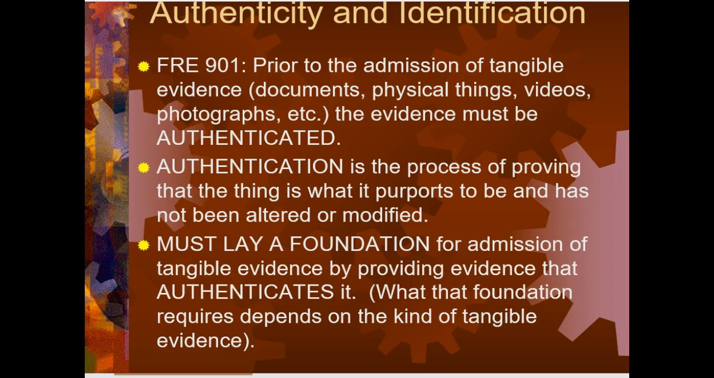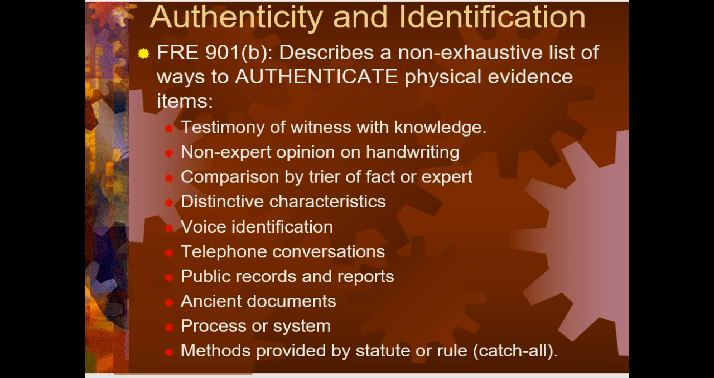In essence, if it is what it is, then it better be entirely that. It can't be altered or modified in any way. This means we have to lay a foundation, just like we did for the exceptions to the hearsay rule, to admit these tangible evidence by proving the existence of the authentication, proving that it is in fact what we say it is. And what kind of foundation needs to be done depends on the kind of evidence that you're involved in. Okay. All right. So 901(b) describes a non-exhaustive list of ways to authenticate physical evidence, including testimony of witnesses